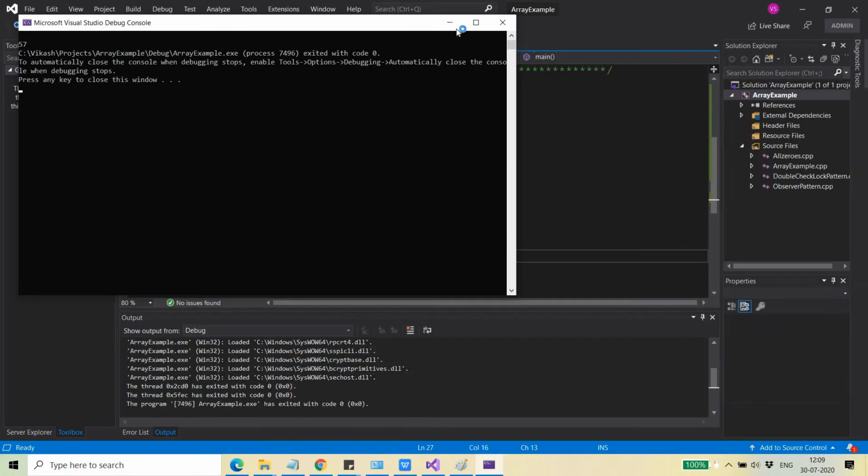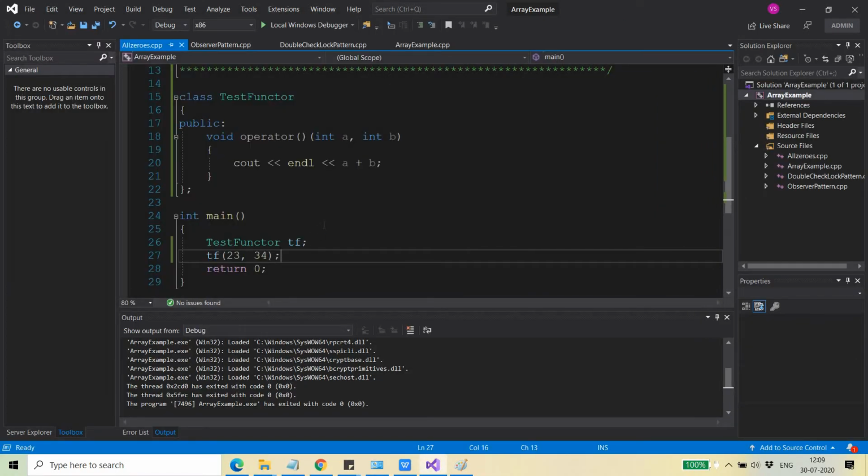So again, 57 was printed, right? So now I hope you are understanding the meaning of a functor and how you can create a functor, and what you need to do if you want to create a functor out of your class, which means if you want the object of any class to work as a functor, then